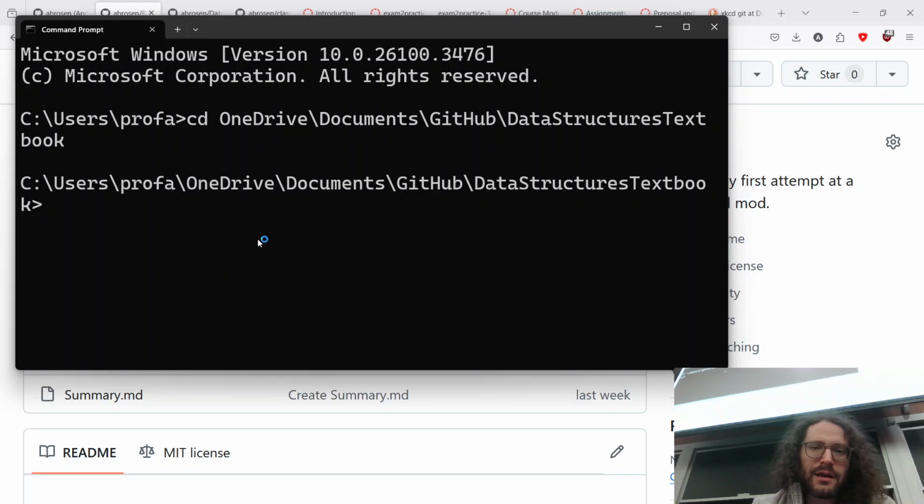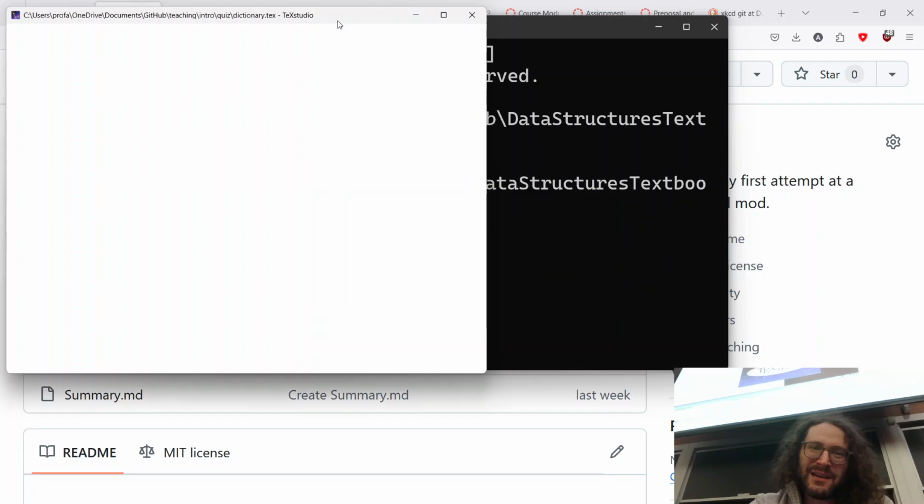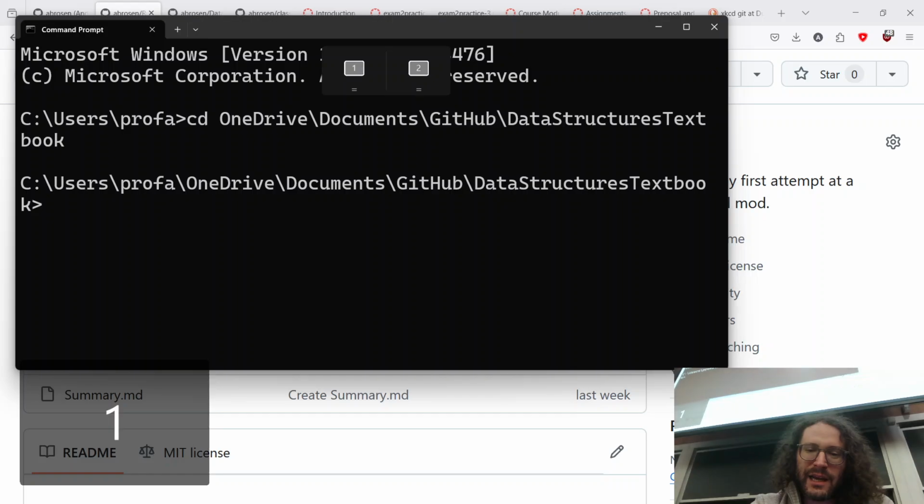So I'm working on a data structures textbook because I hate the textbook industry. So I'm trying to make this as freely available as possible when I finish it. But, right, let's go ahead and,